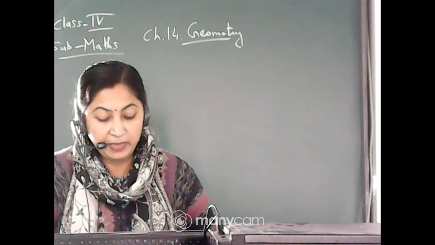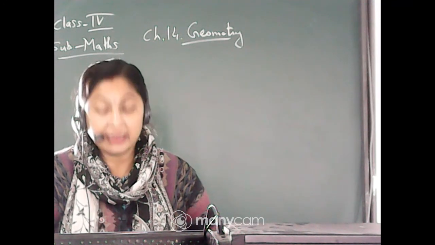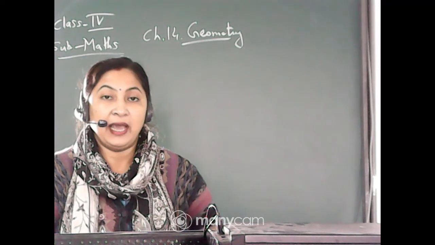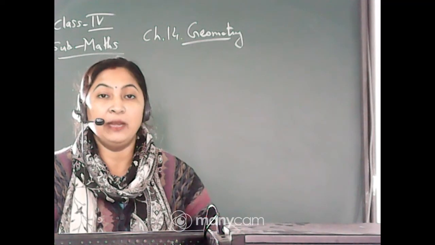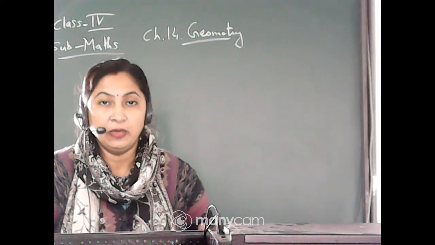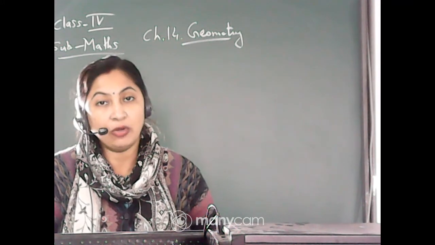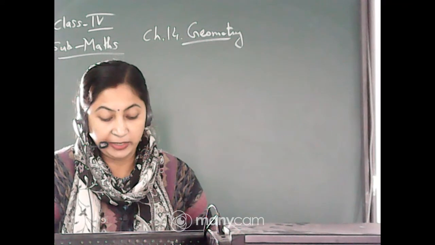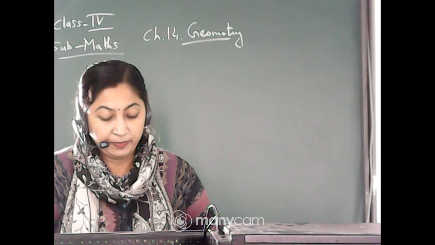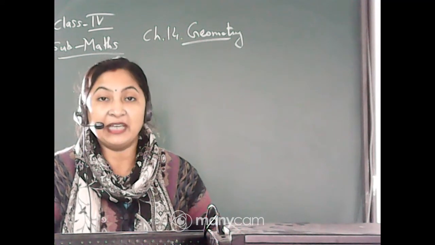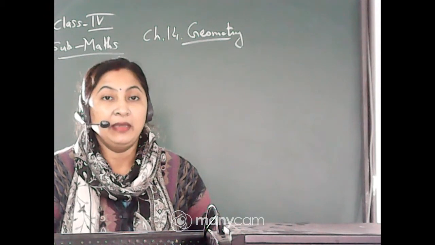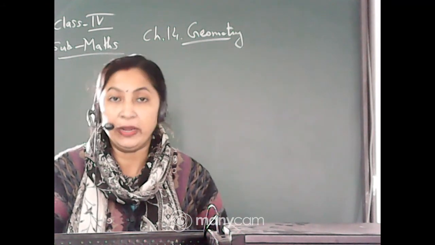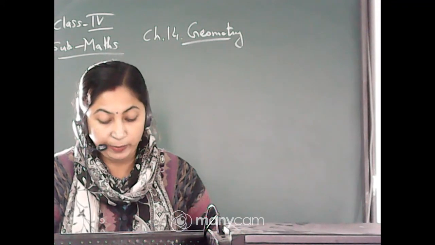Then number B. A ray has a dash endpoint. Yesterday we have discussed that ray, it has one endpoint and the other end is endlessly going, isn't it? So a ray has only one endpoint. So write in the book, a ray has one endpoint. Number C, a line has dash endpoints. A line, it is going both the sides endlessly, so it has no endpoints. Line has no endpoints. Okay.